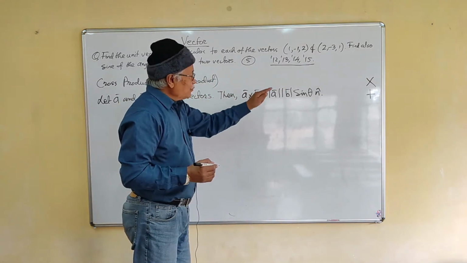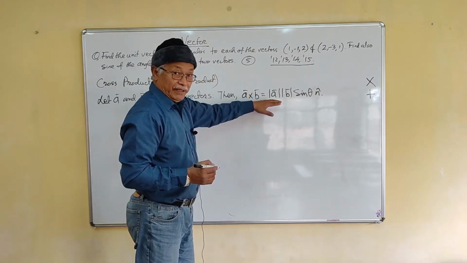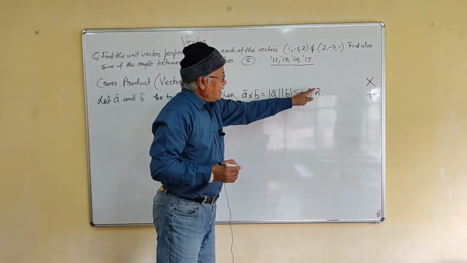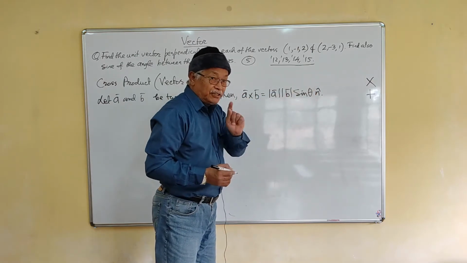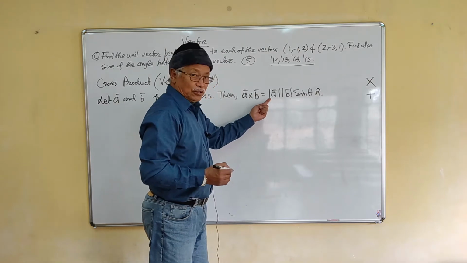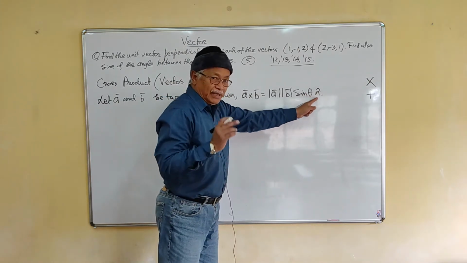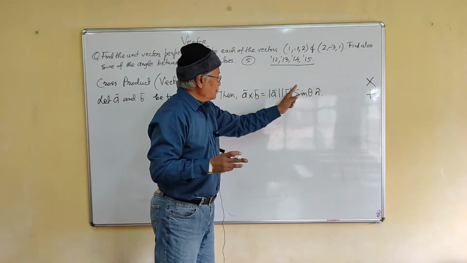That n cap will force this quantity to be a vector, because n cap is a unit vector. So up to here it is a scalar quantity, but on multiplication with n cap,